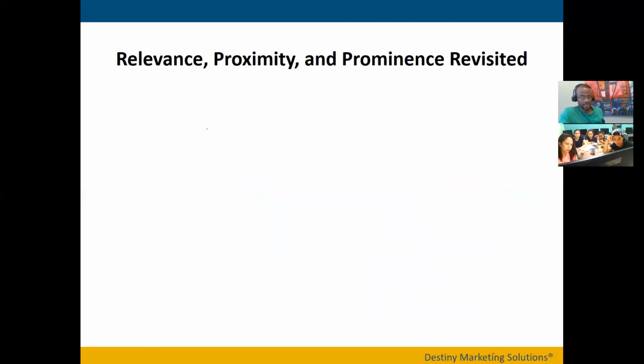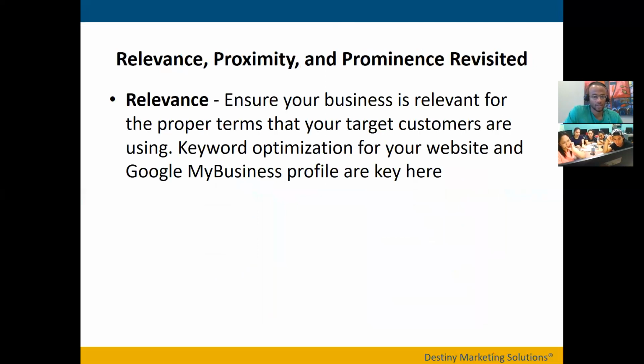So as I mentioned at the start of this session, relevance, proximity, and prominence are very important when it comes to local SEO. And here's why. So relevance. You want to make sure that your business is relevant for the proper terms that your target customers are using. So Jarek, if you had a photography studio, you would want to optimize your business, your website,